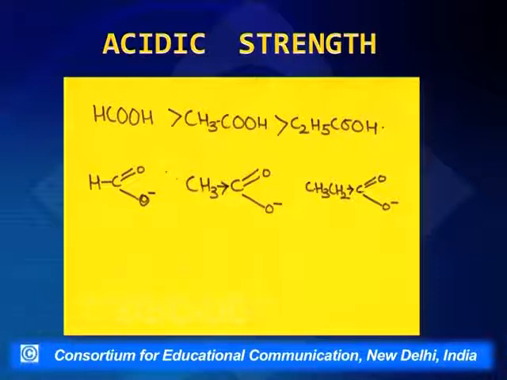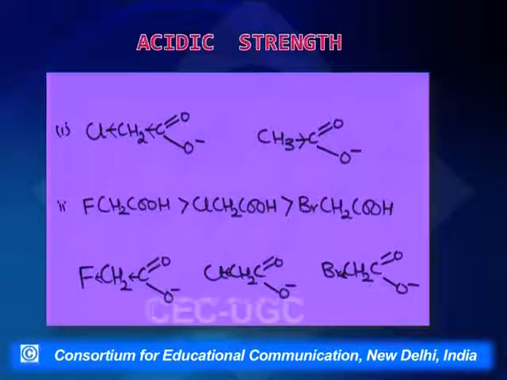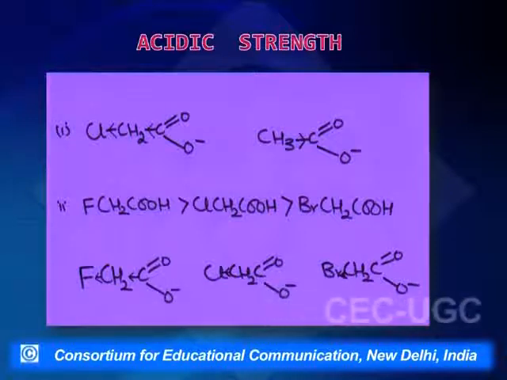If we talk of butanoic acid or pentanoic acid, then please take into mind that as the branching increases, the acidity will decrease, because as the branching increases, the magnitude of the plus I effect will increase and the acidity will decrease. Now if you look into substituted acids,